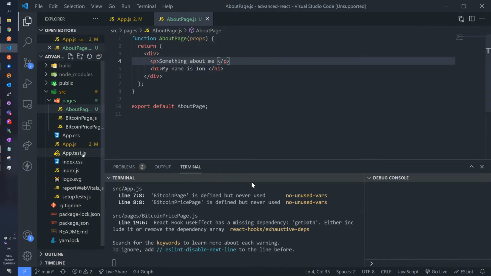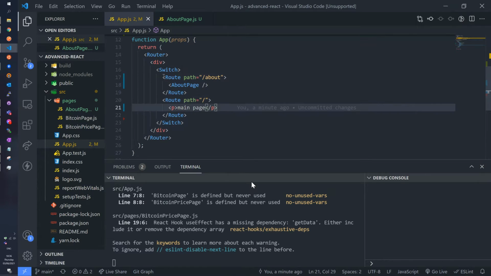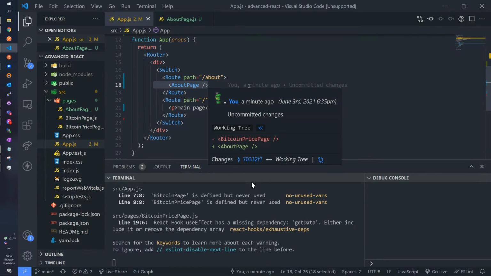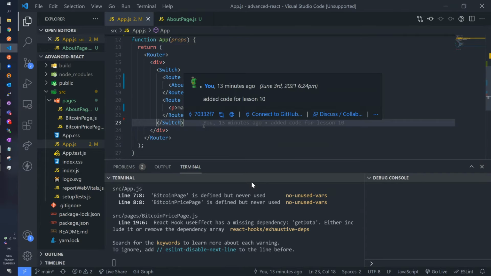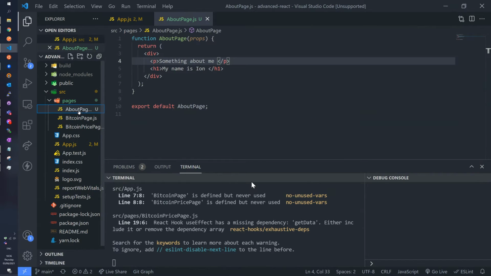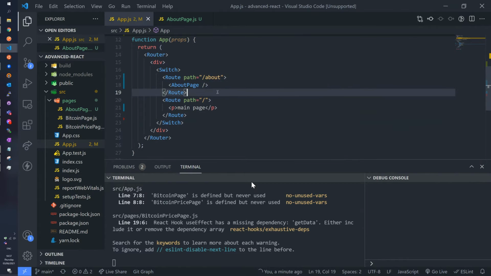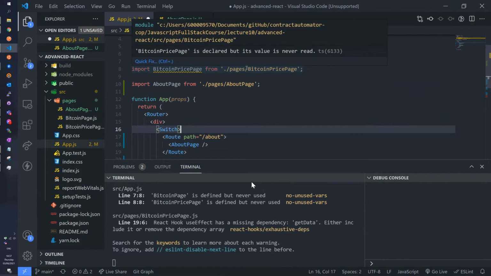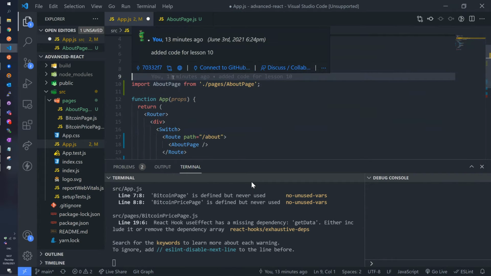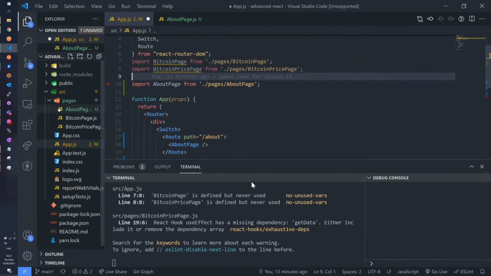But the main part is, even in the beginning, don't start describing your pages inside the router. It will just make your code messy in the first 1 minute, I guess. So this is a very simple static route. Now let's try to do some dynamic routing. And I think I'm just going to use the same example that I have on GitHub. We're going to make a Bitcoin tracker website again, but now with nice routing.